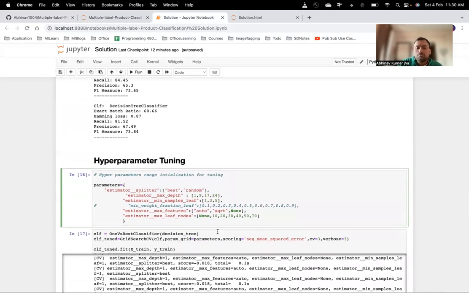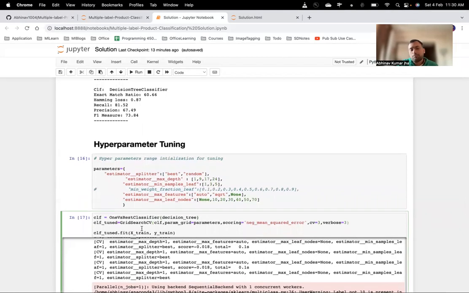For each of those classes, we will design it as a binary classification problem: one class corresponds to class A, and the second class is everything that doesn't belong to class A. Then I use the grid search cross-validation approach to find the optimum